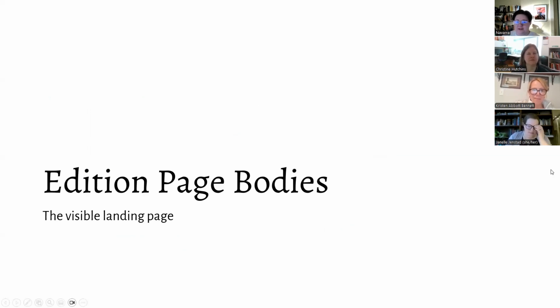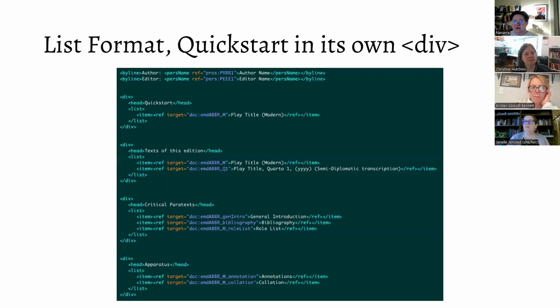Okay, so that's your TEI header. Now we can talk about the actual body of your edition page. So this is what people see when they go online. This is an encoding that corresponds with what they see online. So here's the first thing,